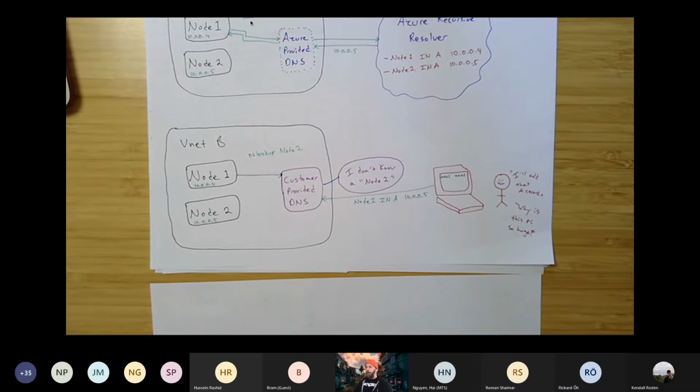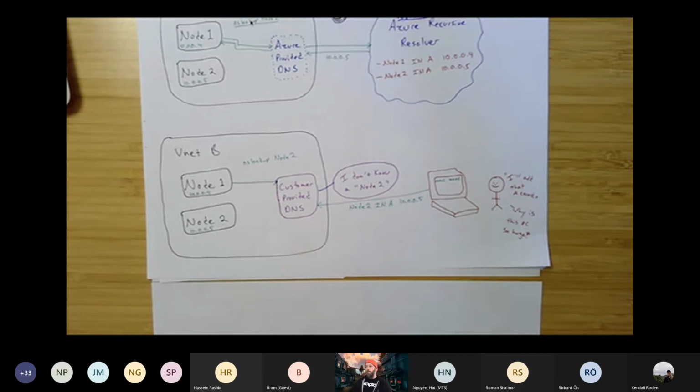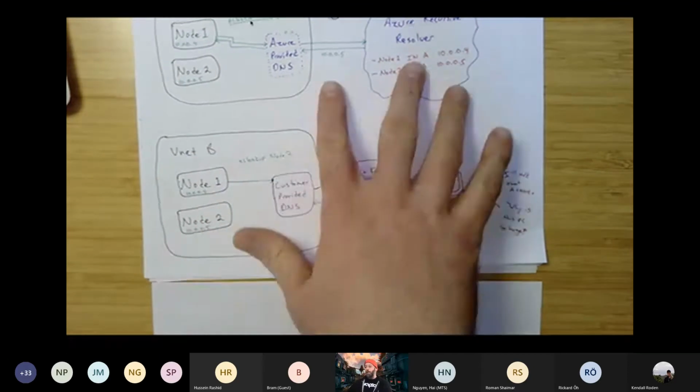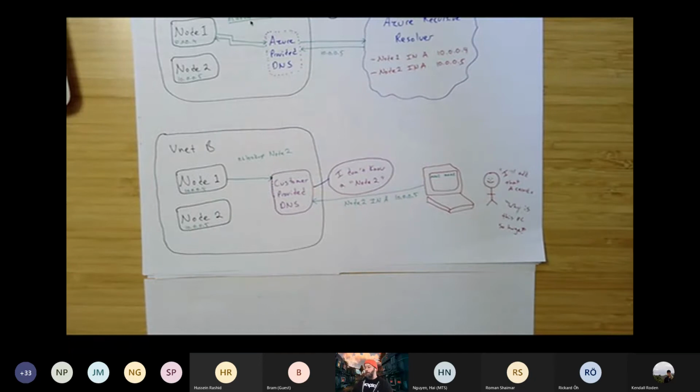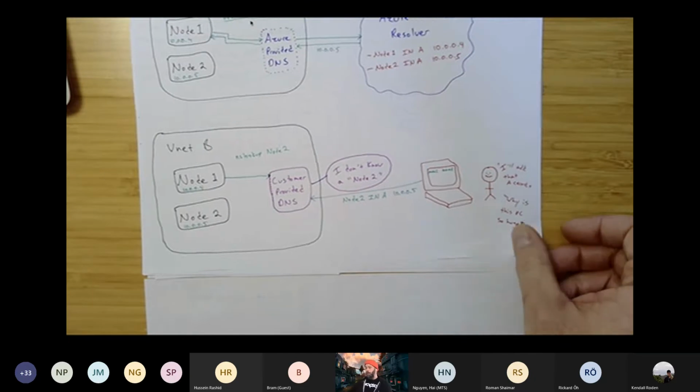Okay, and again, there are automation processes. There are all kinds of ways you can do this. But if you run into a case where you're running your own custom DNS and for some reason you're not getting your hostname resolution, this is most likely the issue, because without the Azure provided DNS and the recursive resolver, something has to go and create those records for you. So that's something you'll have to consider, even for your AKS clusters. All right,